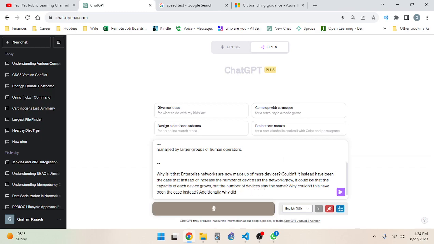Why was the original scale so far underestimated? Now this I know, because computers have gotten more powerful. But let's see what the AI says.